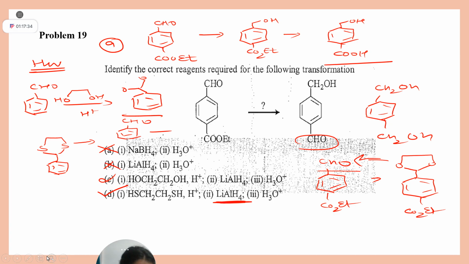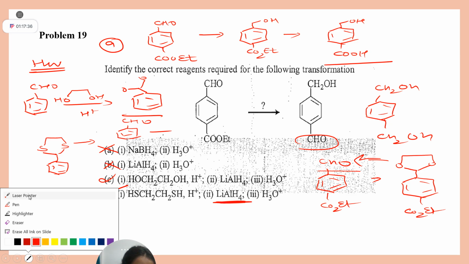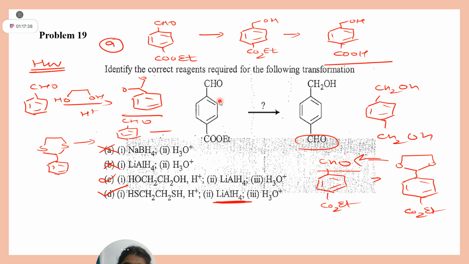Basically, students, let me take the laser pointer here. So basically, this CHO gets protected in the presence of 1,2-ethane dithiol, right? This CO2Et will be converted into CH2OH. So basically, they have written it in the opposite way,